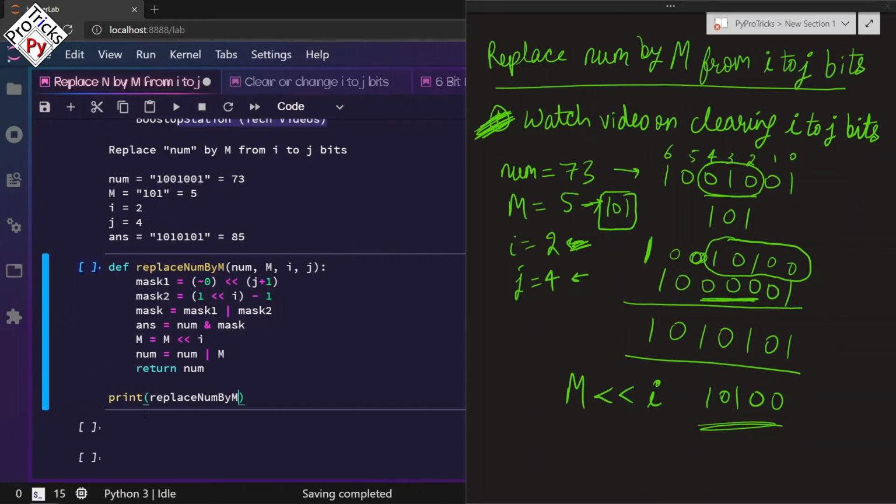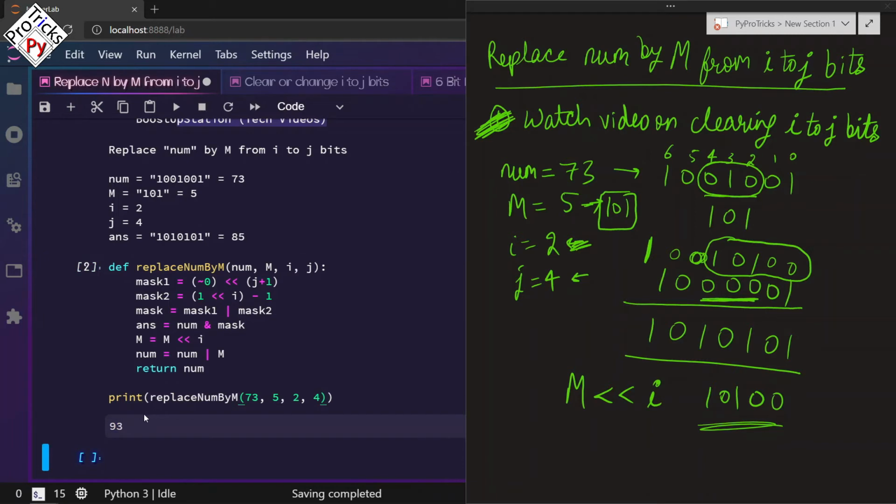So let us quickly run it. Print replace num by m, and in the parentheses we are going to pass these numbers: 73, comma, m is 5, I is equal to 2, and j is equal to 4. Let us see. Here you can see that we just got 93.